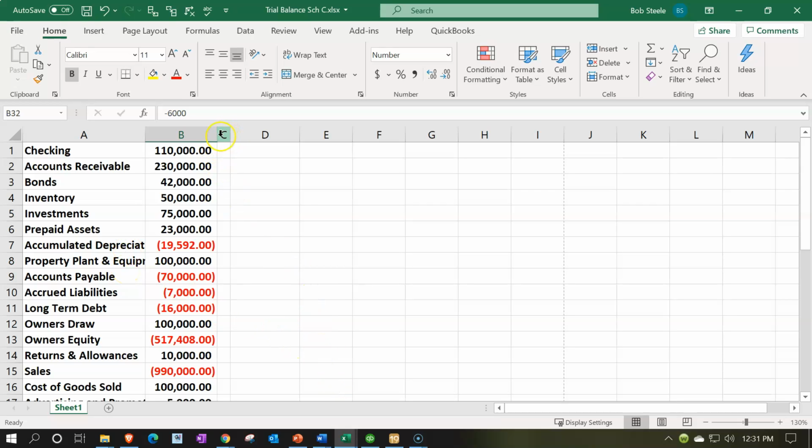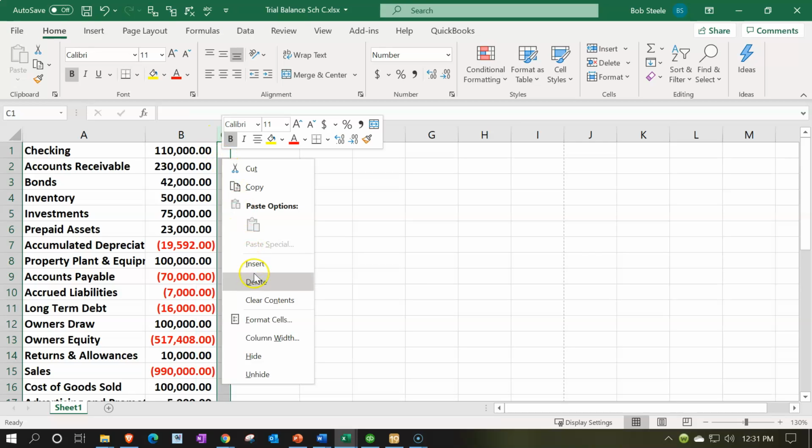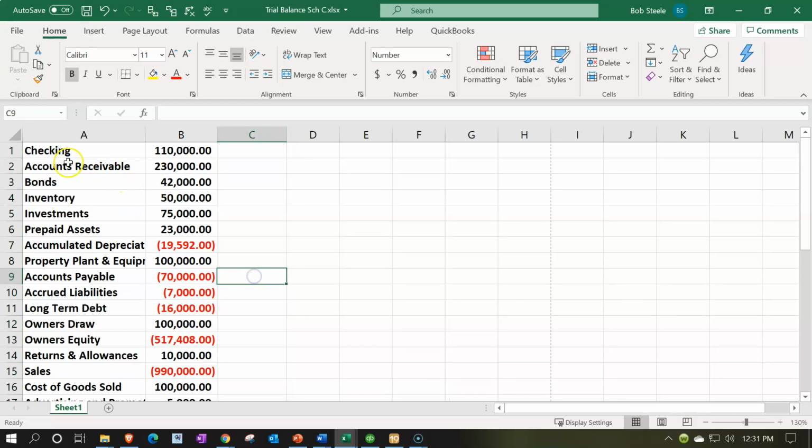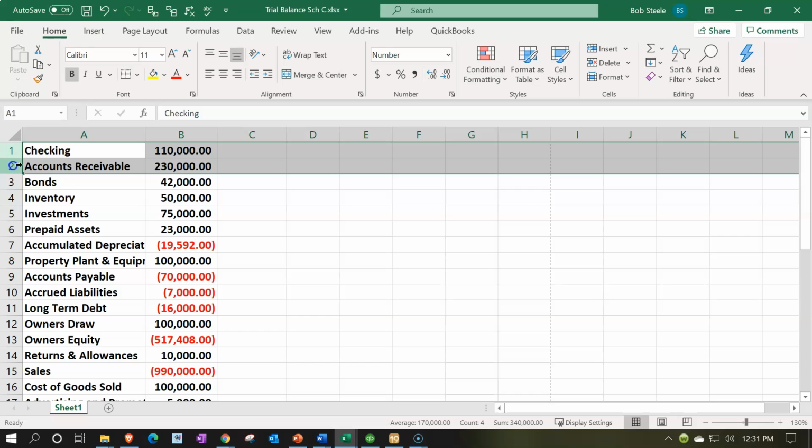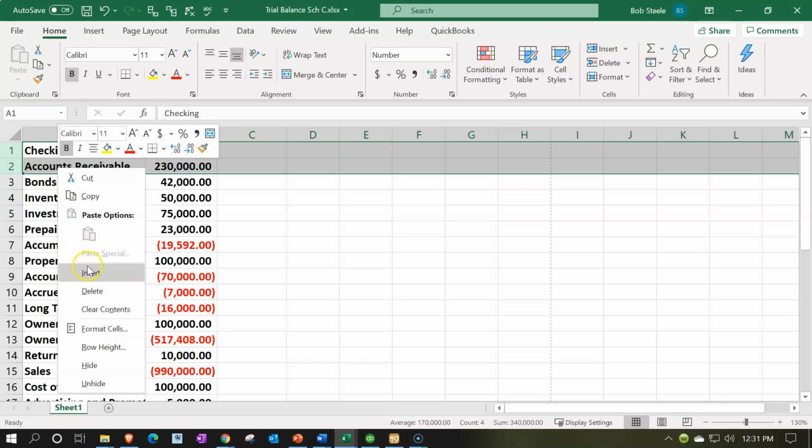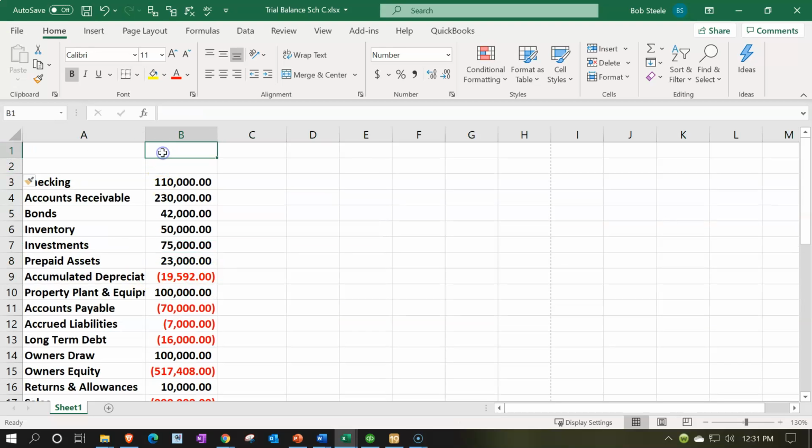So then I'm going to remove column C. I don't need the skinny column here. That's too skinny. I'm just going to delete it. So delete that, and then we can have some headers up top. So I'm going to add some headers. Going to select this one and this one. Right click, and I'm going to say insert, and then I'm going to call this the adjusted trial balance,